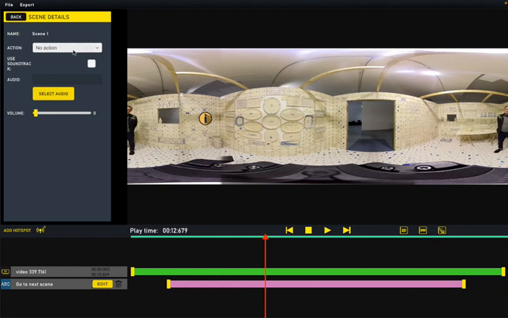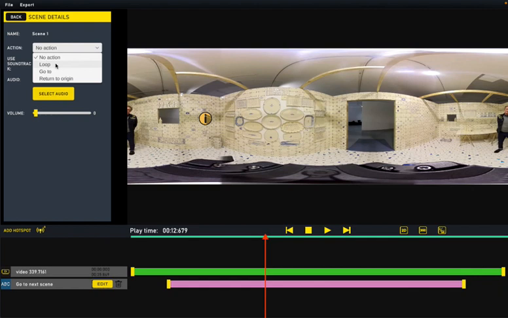So then what I'm going to do, with this scene as well, this is where structure becomes interesting. You can construct a linear story, or you can create one that's more like a branching story where your first scene is kind of like a tree trunk, and then you have other story strands going out from there. A choose your own adventure, if you will. So with that first scene, if this is the one I want to be my first scene, do I want no action, so it just stops? Do I want it to keep looping so that the person